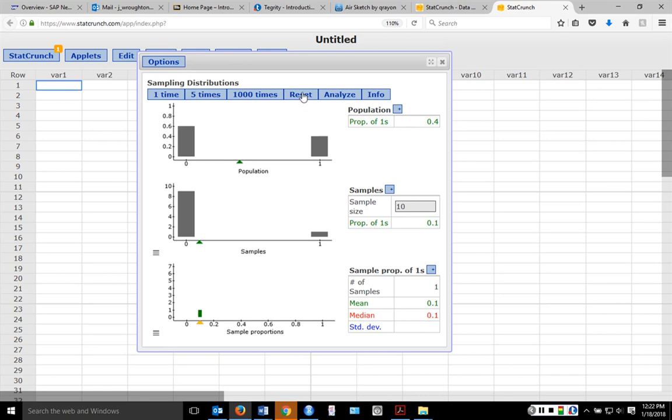Alright, now I'm going to reset it like it says. I'm going to do this 5 times. So what you're going to see is it's going to collect a sample of 10 beads, calculate the proportion of black beads, put that number there, take a sample of 10 beads, calculate the proportion of black beads, put the number down there, and it's going to do it 5 times. Alright, so this time is 30%. 10%, 50%, 40%,